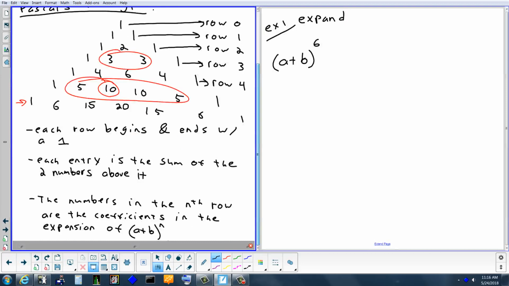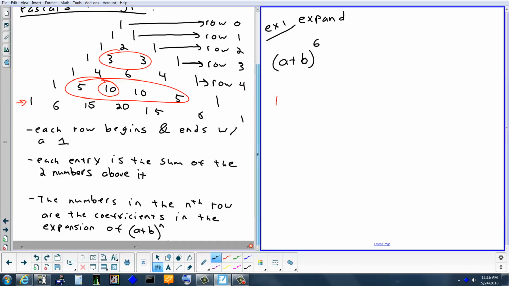So let's start with our terms. What's going to be my first coefficient from row 6? Jess? 1. So you really don't need to write it, but we'll write it. So we got 1. And now, am I going to have an A in this term? Yes. Am I going to have a B? No. We're just going to have an A. What's the power going to be on the A? Yeah, it's going to be 1a to the 6th